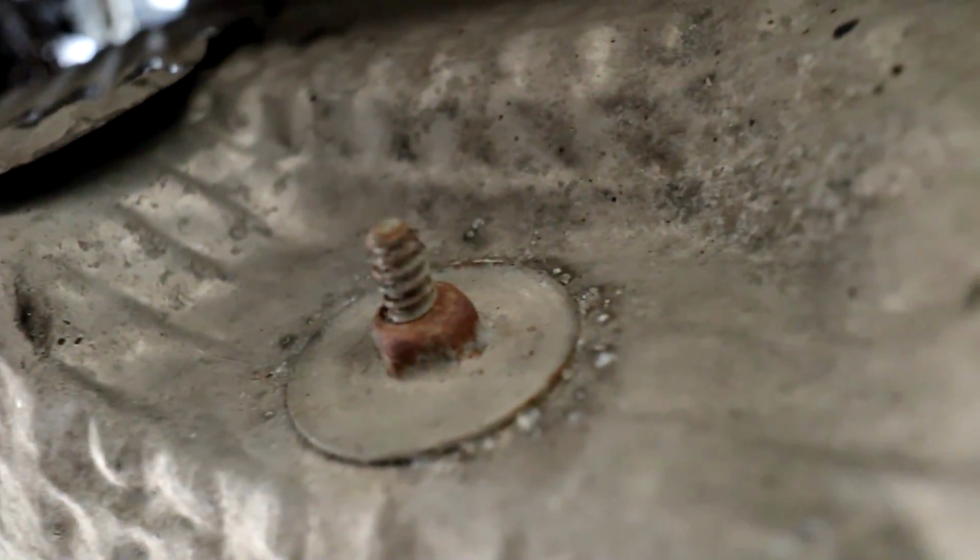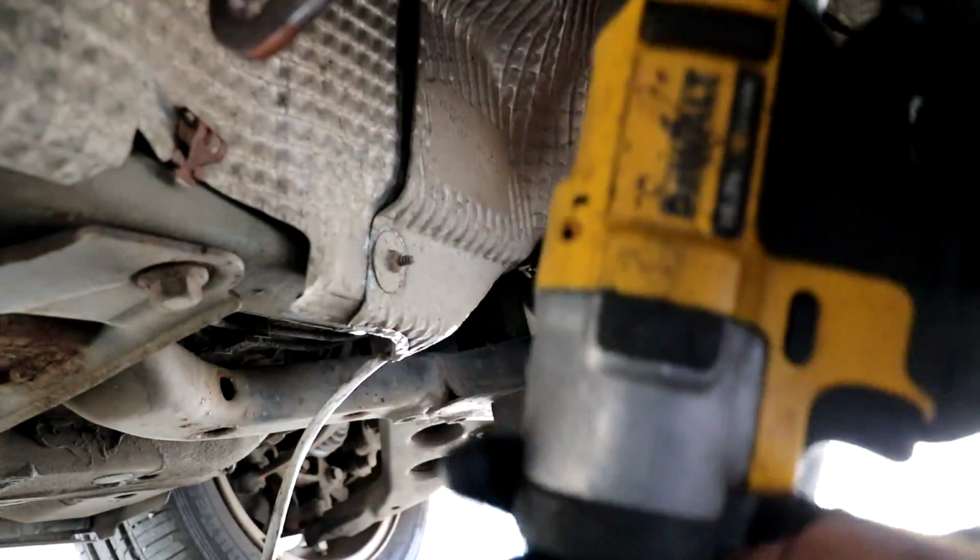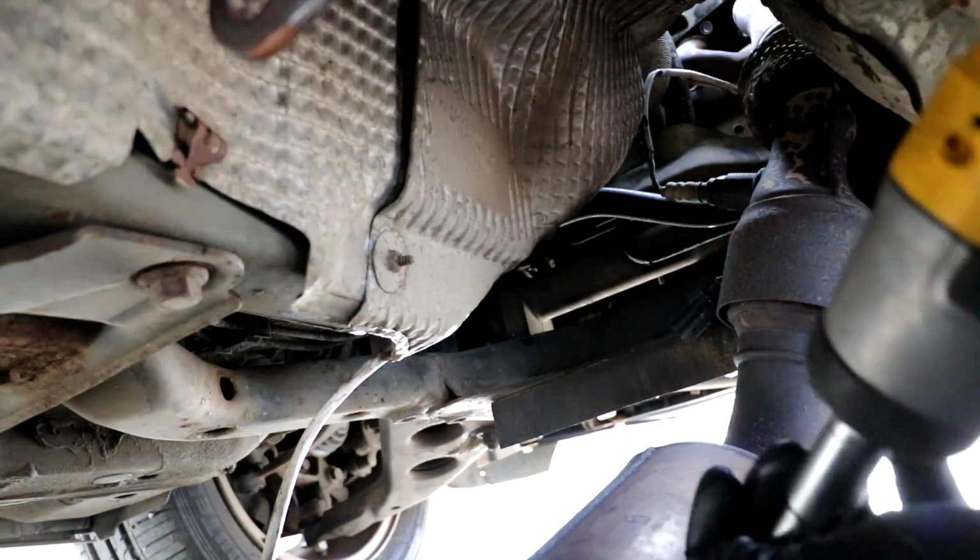It looks like it's just held on by these 10mm, and as long as they play ball, that shouldn't be too bad. I should hopefully just have to take that one off, and then I might be able to just bend this away and get to the plug. We'll see how we go. I'll use an impact for this, I think. Bring out the DeWalt for this, see if I can take off this little...